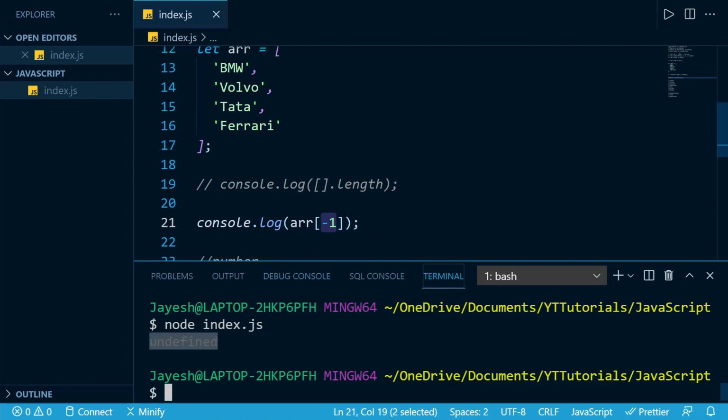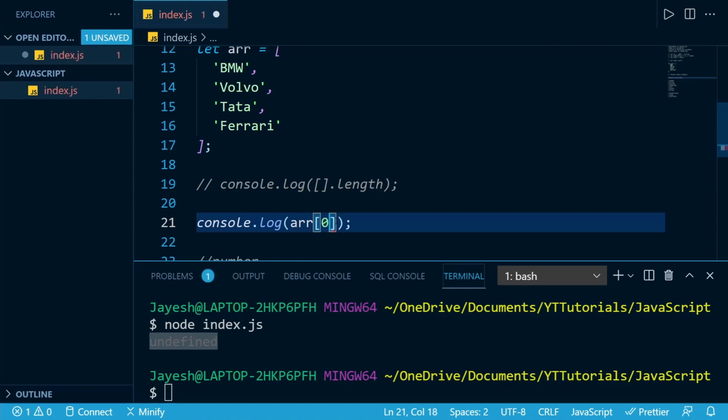Negative values are of course not valid, so we can't pass negative values as indexes. We can only pass positive values, and those values always start from 0 and go till infinity, or not exactly infinity, but there are definitely limits to hardware as well.